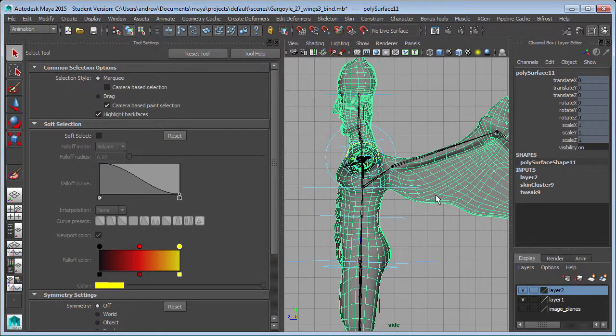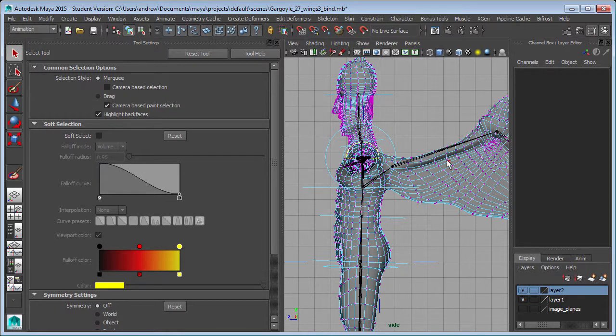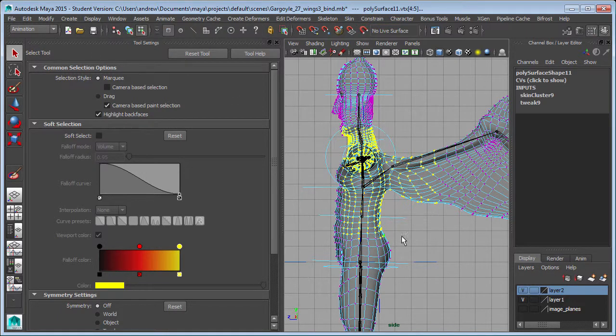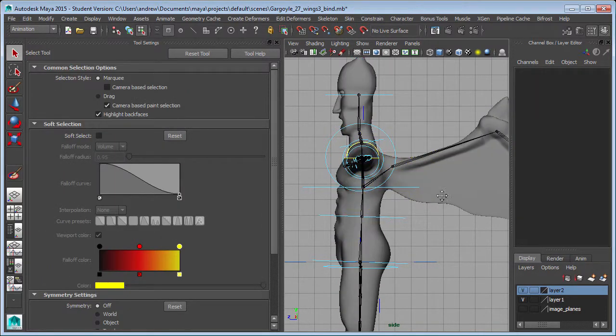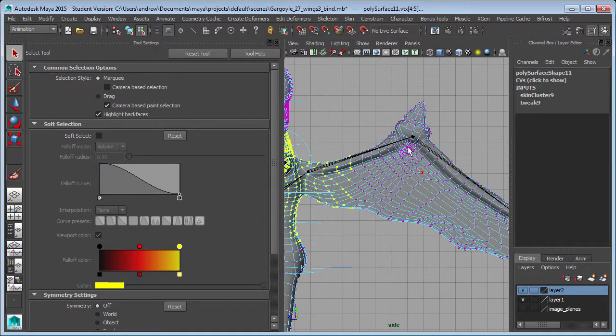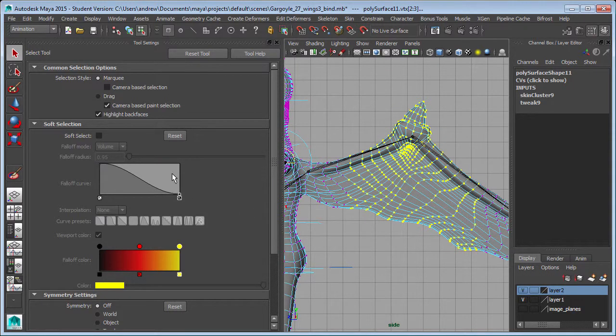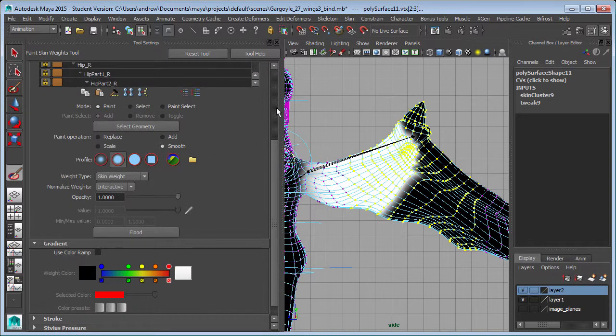So what might be better is to just select this region that I want to have the weights affected for and see if it will mess that up for us. That's better. See how it's not taking weights from over here or here now? So it's only moving the weights around there. That's better. Let's keep with that method for this. So I'll select this area here, paint weights tool, and now